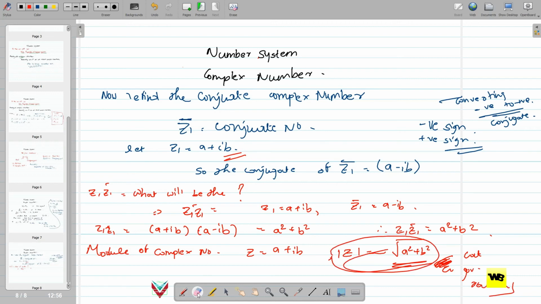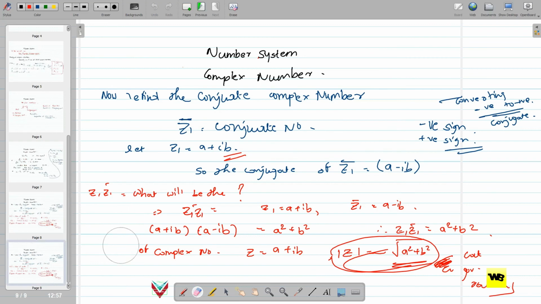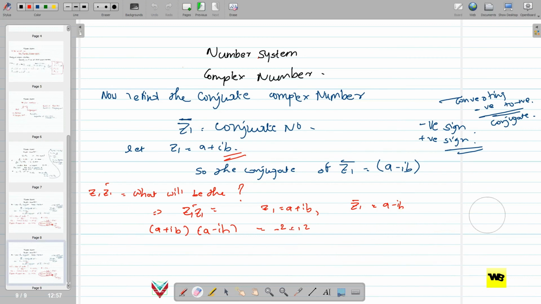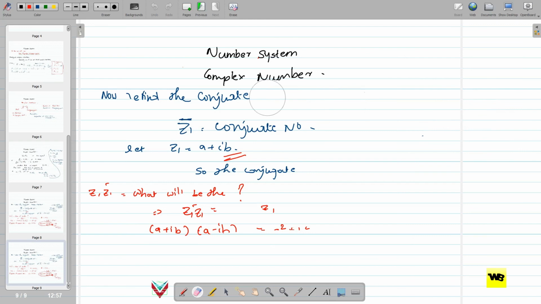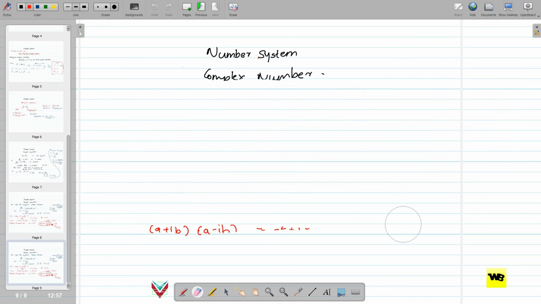Now let's see some basic examples of how to solve the complex number. Now see how to solve the